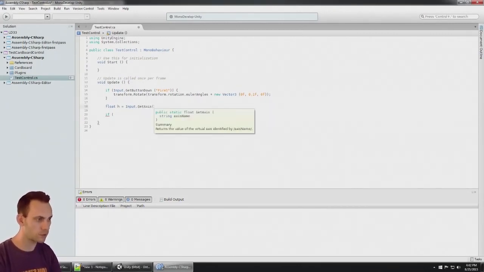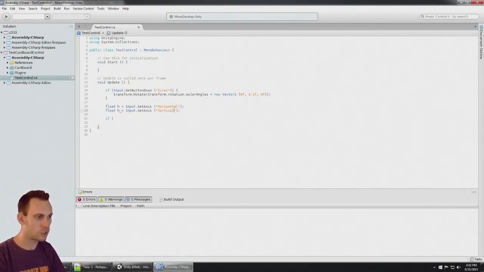And we're going to ask for the horizontal axis. And the same thing goes for the vertical. Let's just ask for that vertical value, and we're going to say if,